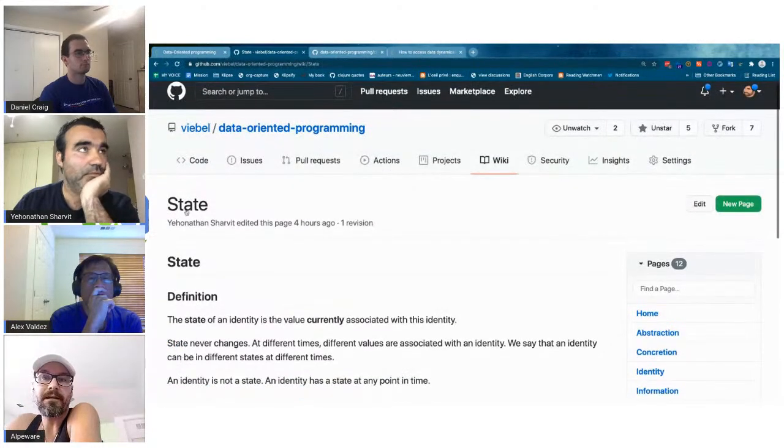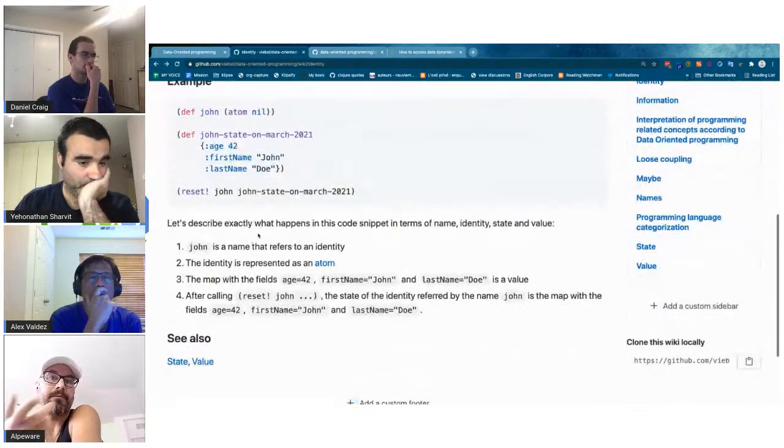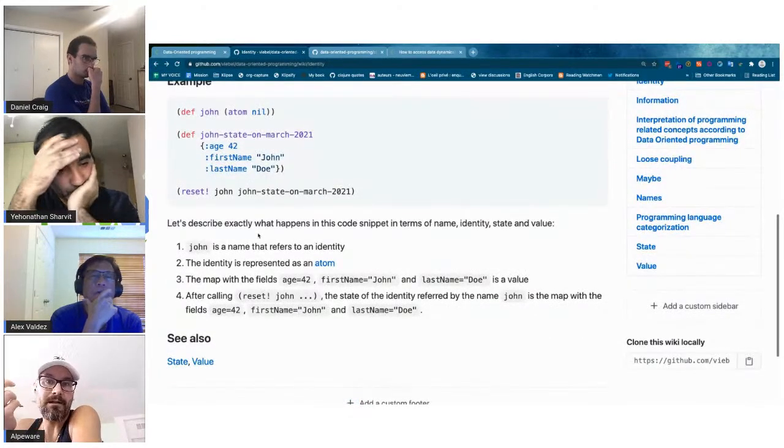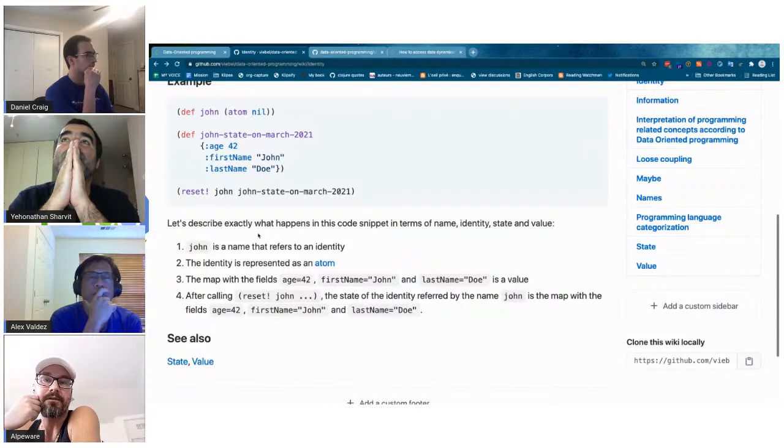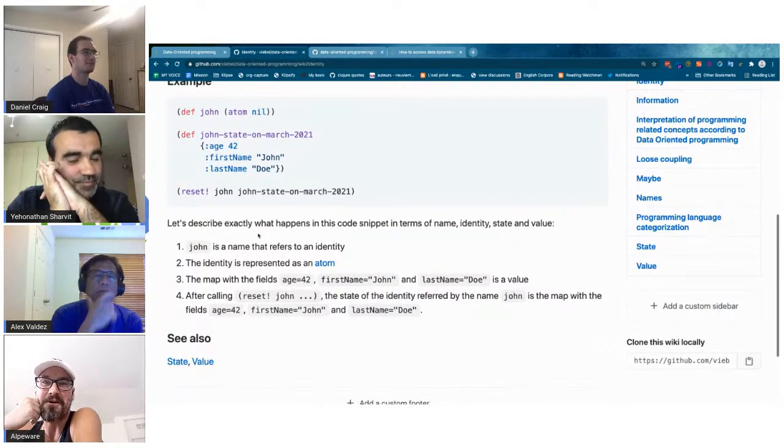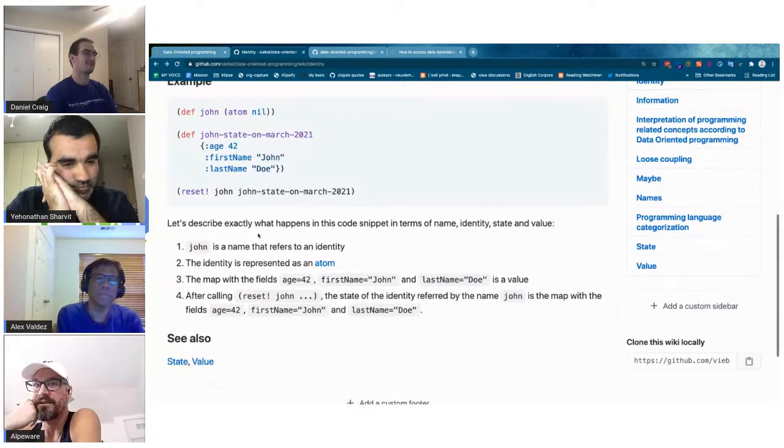Just real quick, I think for most people talking about equality might be a good way to illustrate those concepts as well. If you've ever implemented equals in Java for a Java class, you will know the challenges involved with it. So I think that might be a good way to illustrate the differences as well.